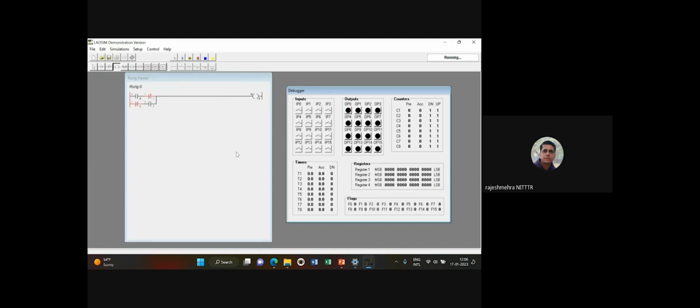So when the first condition is 0, 0, the red color path is complete here because it is an NC instruction, but it is open here because this is 0, this is also 0. That is why this path is also not complete, this path is also not complete, and our output is 0. Then we will go for